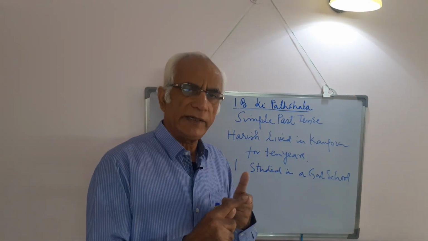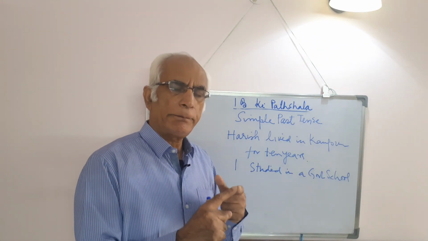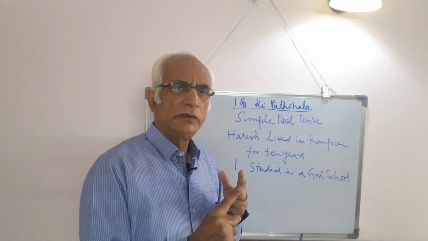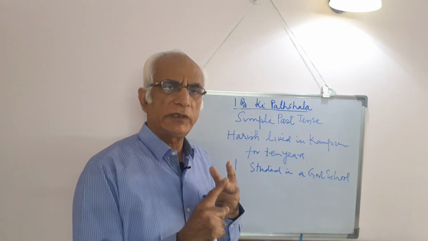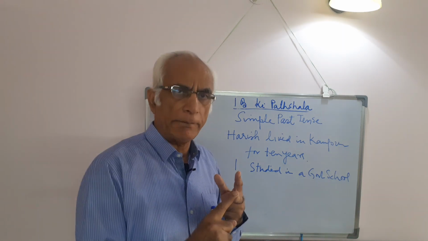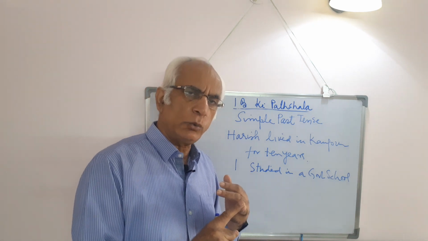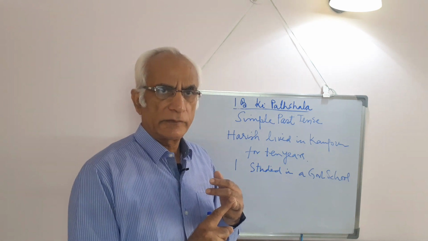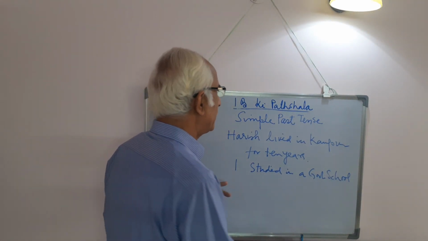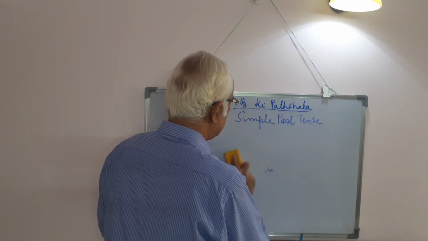So we use past tense when we talk about an action that happened in the past and is no longer happening. We use simple past tense to describe actions which happened on a routine basis or as a matter of habit. Or we describe facts which were true in the past. Okay? So in all these cases, we will use the verb in the simple past tense. And the positive sentence, the structure will be